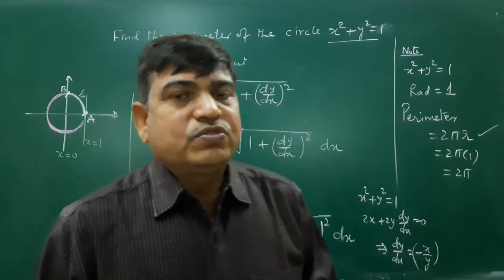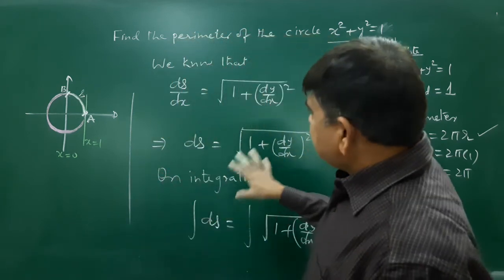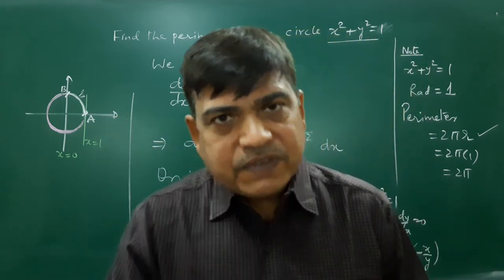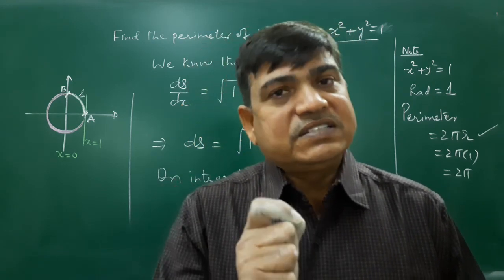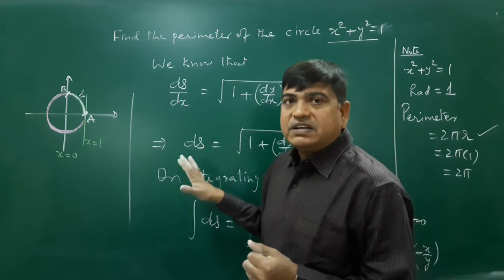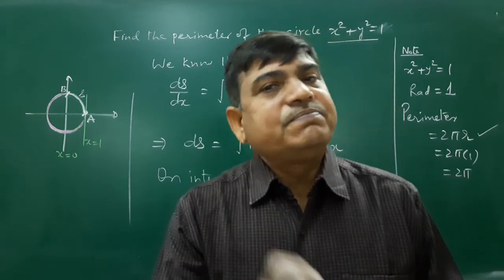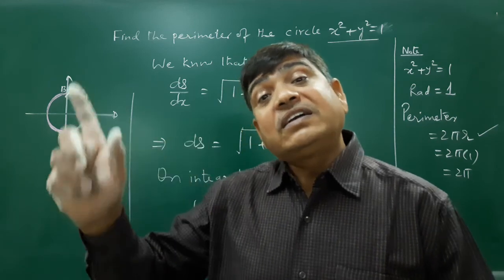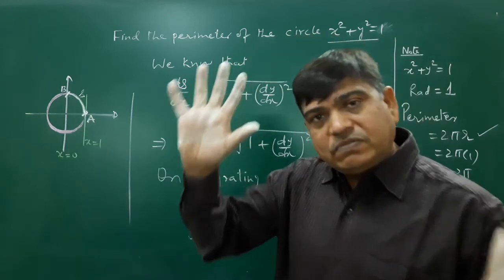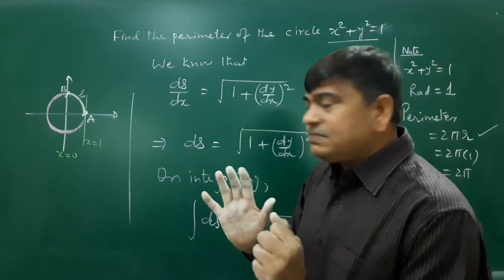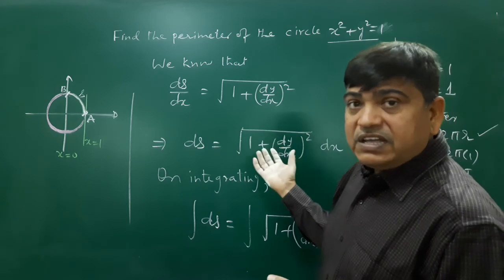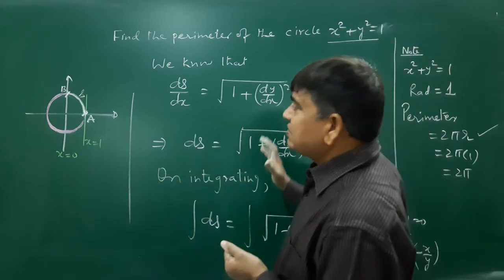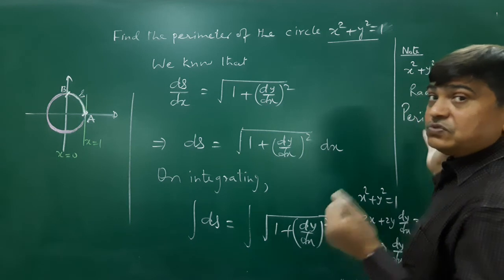एरिया अंडर द कर्व आपने क्लास 12th में पढ़ रखा है, दैट इज द एप्लीकेशन ऑफ कैलकुलस। सो यूजिंग दिस पर्टिकुलर फॉर्मूला वी कैन फाइंड द लेंथ ऑफ द आर्क। और ये फर्स्ट ईयर के अंदर जो कैलकुलस का सेकंड बुक है दैट इज इंटीग्रल कैलकुलस, उसके अंदर ये पूरा चैप्टर दे रखा है और उस पूरे चैप्टर का जो नाम है वो है चाप कलम, दैट इज रेक्टिफिकेशन। रेक्टिफिकेशन मीन्स द प्रोसेस ऑफ फाइंडिंग द लेंथ ऑफ द आर्क ऑफ द कर्व। तो ये पूरा पार्ट हम उस समय डिस्कस करेंगे। मैंने केवल जस्ट आपको एक एप्लीकेशन बताया कि ये फॉर्मूला हमने क्यों डिराइव किया है। इस फॉर्मूले की हेल्प से हम उस कर्व की जो कोई पर्टिकुलर आर्क है उसका लेंथ कैलकुलेट कर सकते हैं।